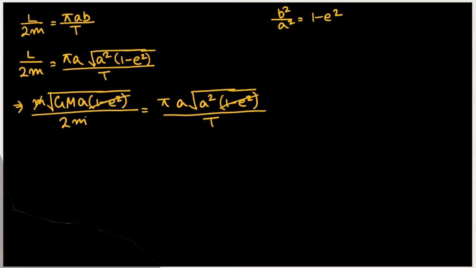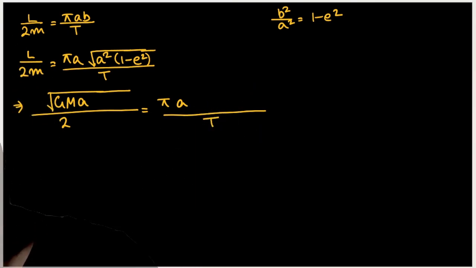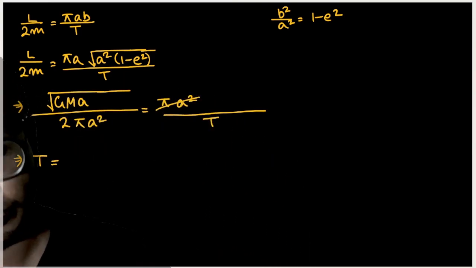Now if you divide, 1 minus e square and 1 minus e square will get cancelled, m and m would get cancelled. Okay, let me simplify. Just m got cancelled, 1 minus e square and 1 minus e square got cancelled. This a into under root of a square is nothing but a square. So this entire thing would become a, and a into a is nothing but a square. Now if I send this pi a square down, our time period is equal to, cross multiplying,